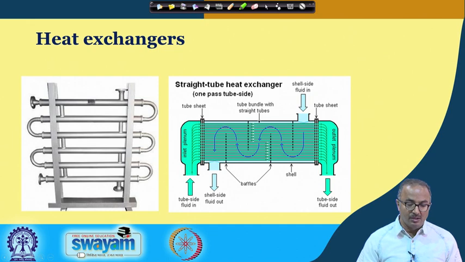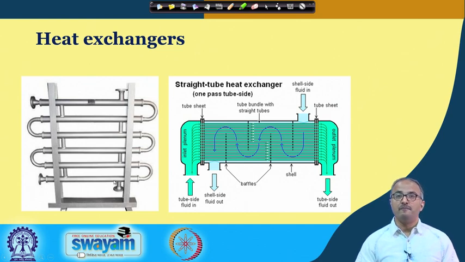Okay? So, the liquid will come through this tube which is going like this. We call these passes. So, this is one pass, this is second pass, third pass, fourth pass, fifth pass and sixth pass. So, there are 6 passes of the inner liquid in this case, and this is the flow of the steam. The steam will come like this, and like this. So, in the case of steam also you find there are various passes: one, two, three, four, five and six.